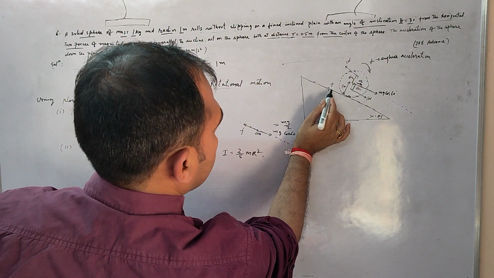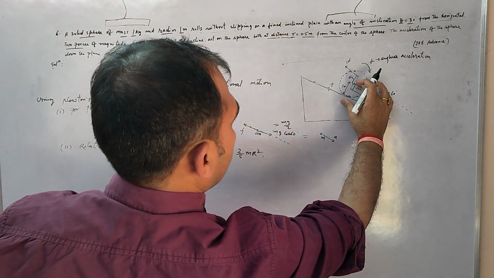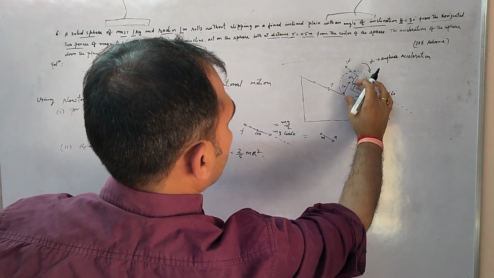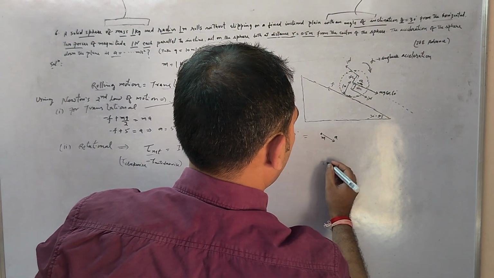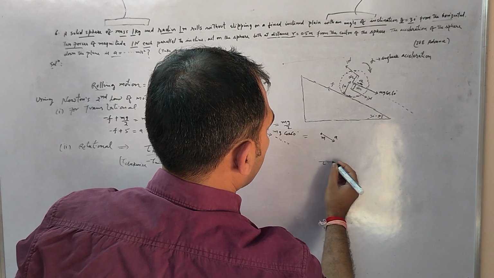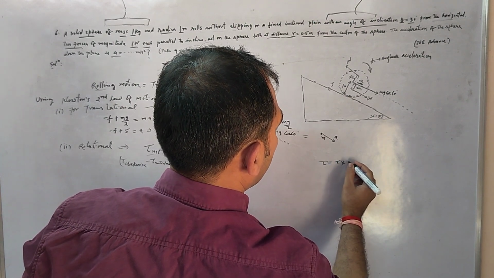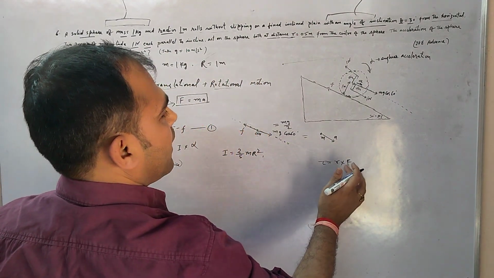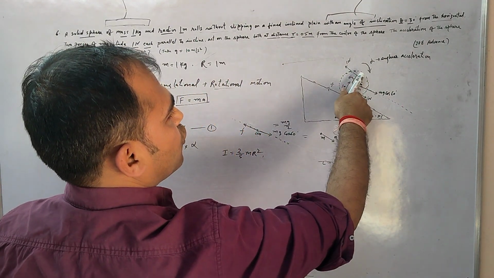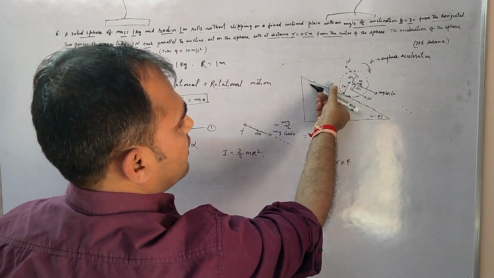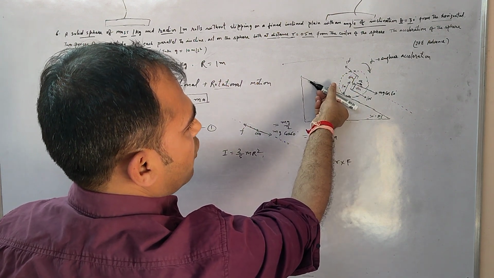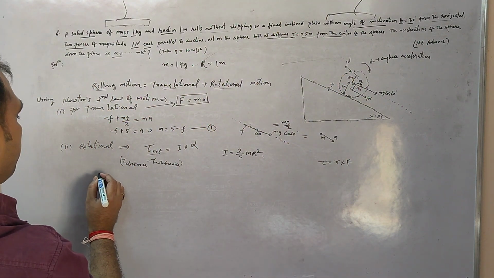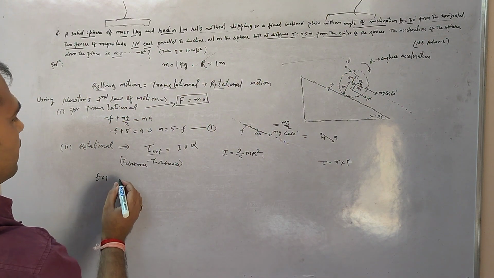First, this is frictional force and it is acting at a distance 1 meter, and torque is equal to R into force, where R and F are perpendicular. So this is R 1 meter and this is frictional force, both are perpendicular. F into 1, this will become F into 1